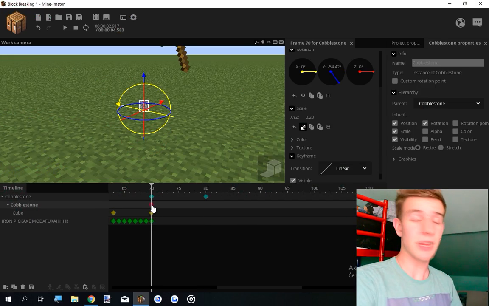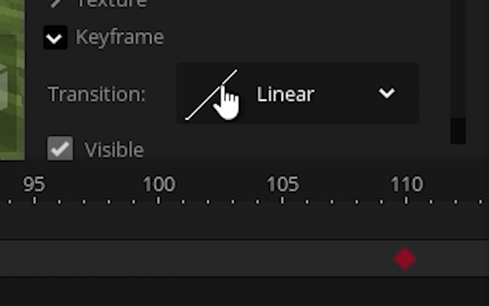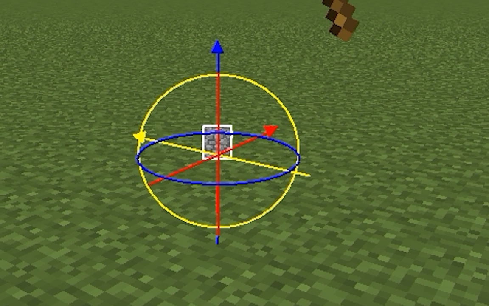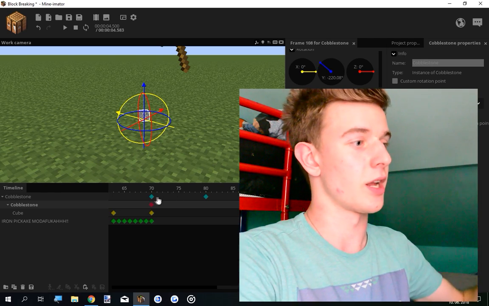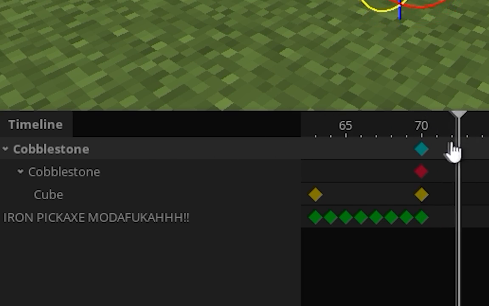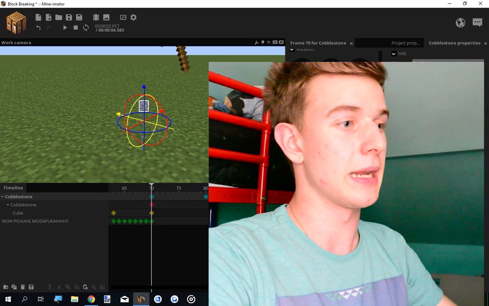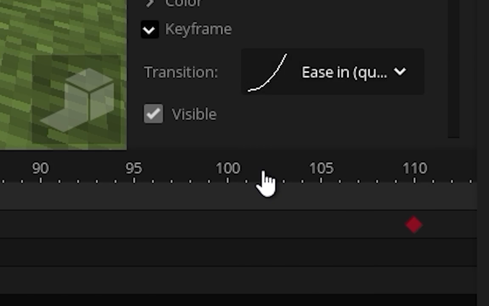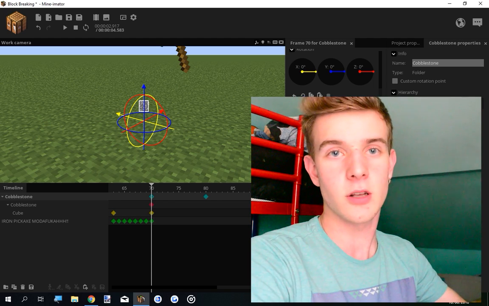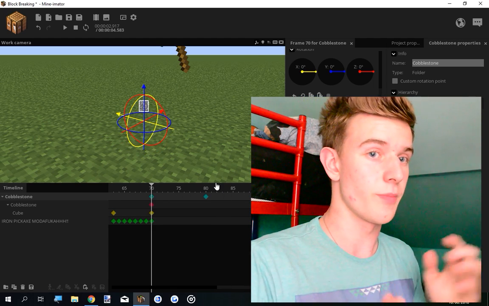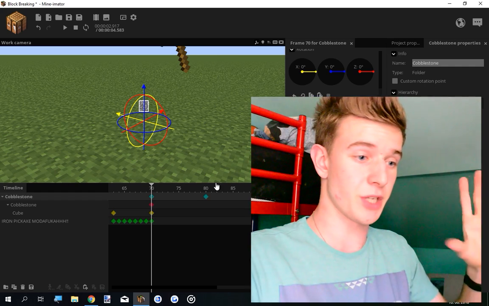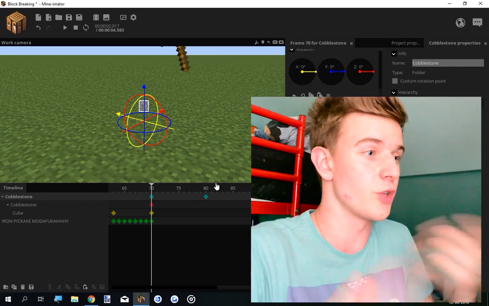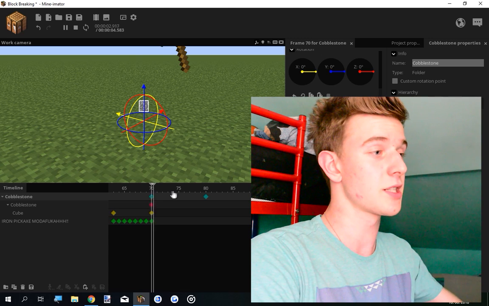Perfect! So what's happening here is that this cobblestone has a linear transition and it's giving off the rotation. So it's always going to be rotating with a linear transition. This folder is actually only moved up and down, and it has an ease-in transition, so it starts slowly and falls onto the ground. They don't disturb each other because one has the Y position and the other one has the Y rotation. Position and rotation don't interfere with each other, so you can have multiple transitions and